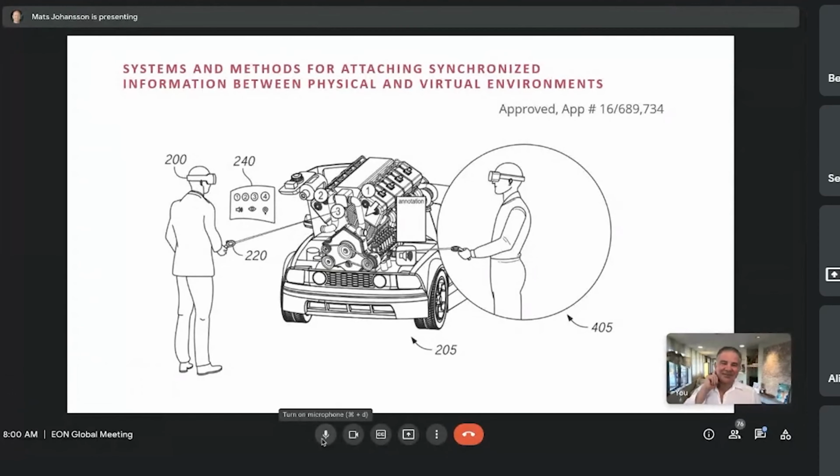So let's say you have an engine, you have RPM and temperature and everything is going to a database, and you connect that to a virtual object, and you put the virtual object on top of the physical object, and you can look at the engine and you see everything like the RPM and temperature rendered on top of it,